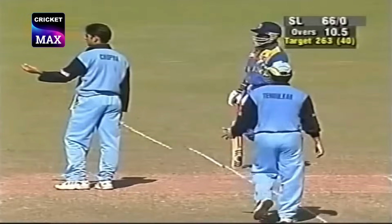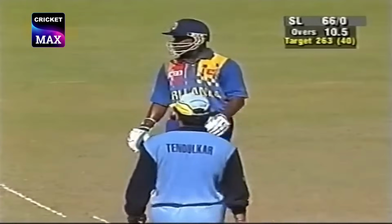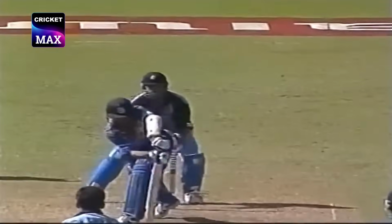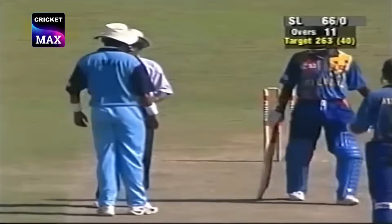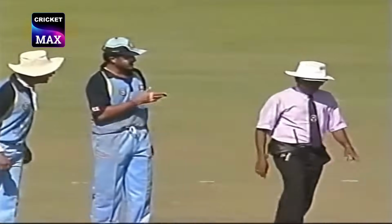Chopra's not happy there. Chopra's having a little chat to Jayasuriya. I think Jayasuriya said something about that's probably a wide. And Chopra said, you just carry on with your batting and let the umpire decide whether it's wide or not. Well, the umpire there, Jadeja, going over to him now and saying, listen, we've had enough of...